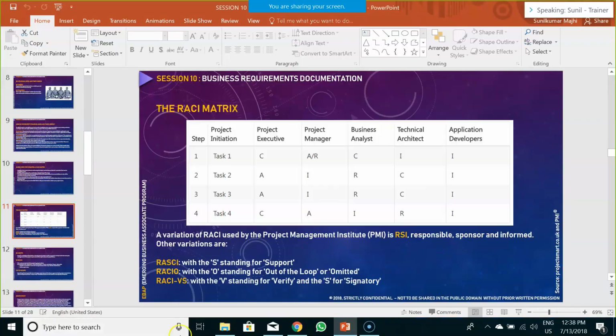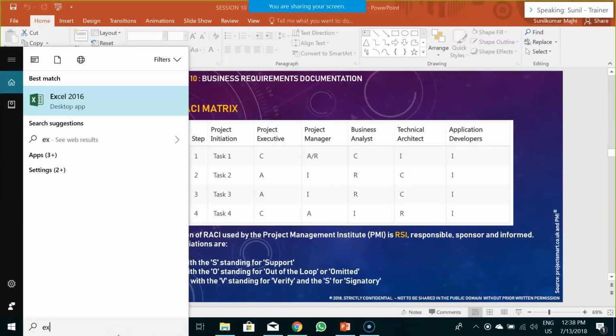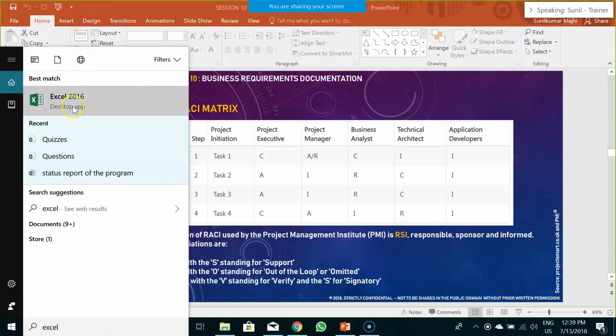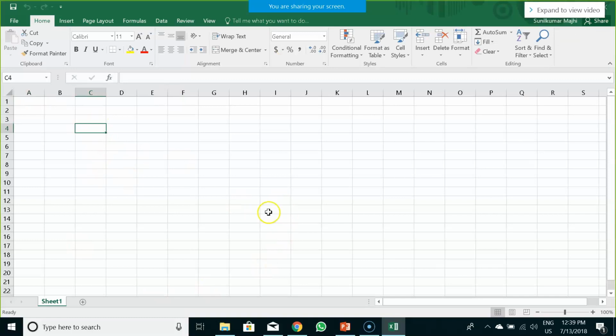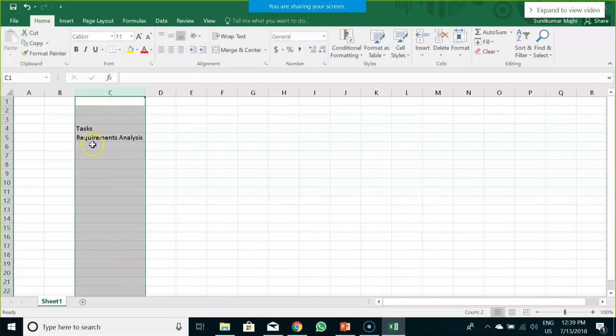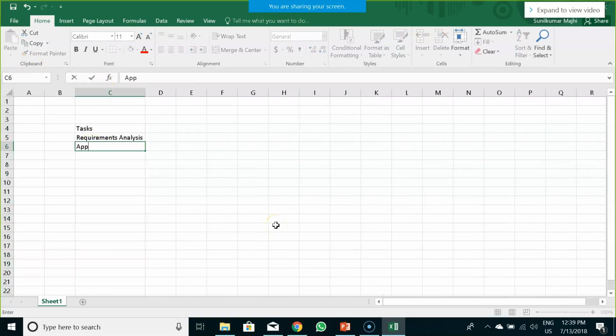Now, in order to see an example, let me open an Excel sheet. So these are my tasks. So let's say requirement analysis. Then I have application development.